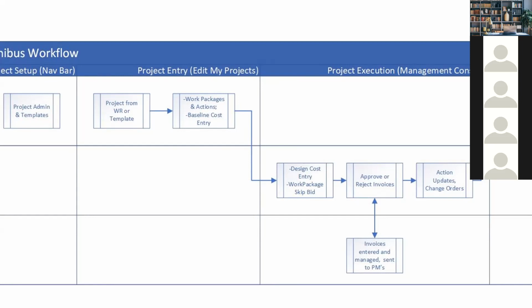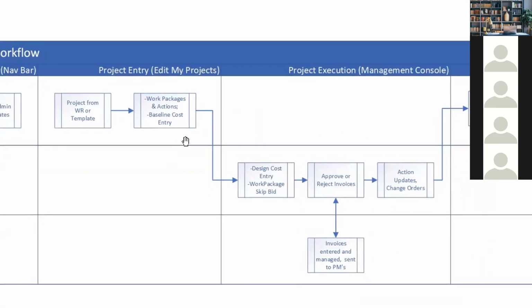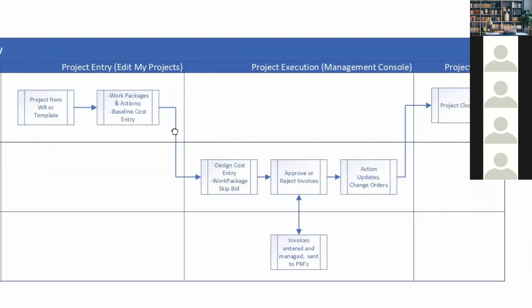project budgeted number. The baseline cost entry would be at an action or a task level, Ian or Joe going in and saying, at this task level, this is about $1,000, this is about $2,000 in aggregate. The total number of baseline cost entries that you have at the action or task level is going to equal what the project comes in at. That's from a baseline cost entry perspective. So when they're first setting up the projects, that's kind of like the scratch pad, the first estimate that we have,